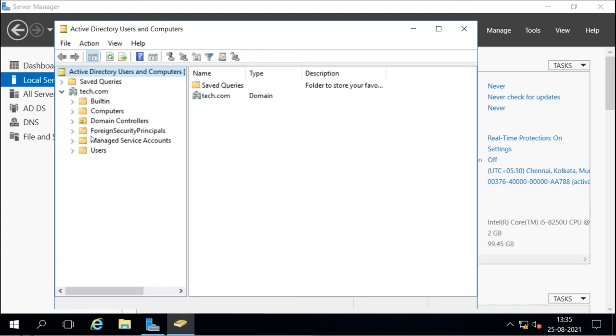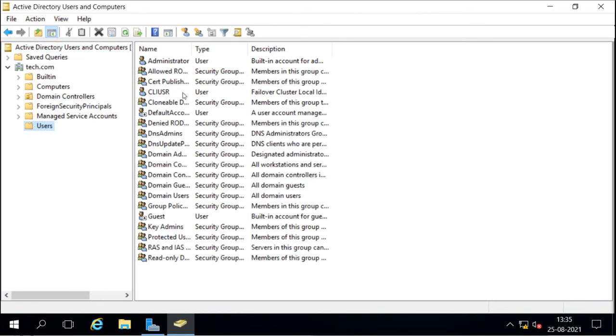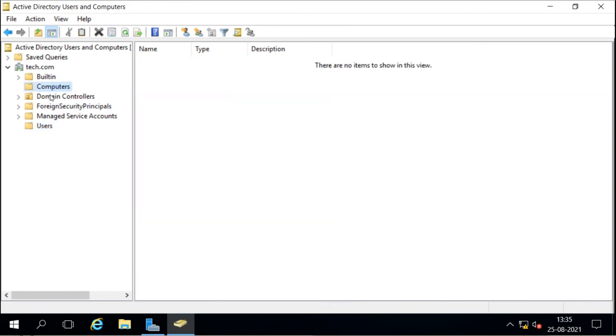As you can see, we created the OUs there, and those OUs are not showing here. It is having different, new users here. If you want to create users, the new users will be created here. It is not having anything. It is not getting anything from the root domain. So it is a separate domain. It is a tree domain.